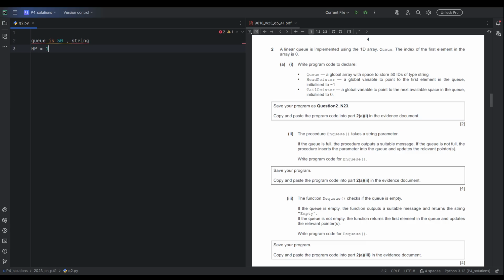So the head pointer will be -1, and the tail pointer will be pointing to the next available space, which means we will always first save the value in the queue, and then we'll increment the tail pointer by 1 because it is pointing to the next available space. One thing to always remember in these questions is that whenever we enqueue a value, since the head pointer is already set to -1, when we enqueue for the first time,